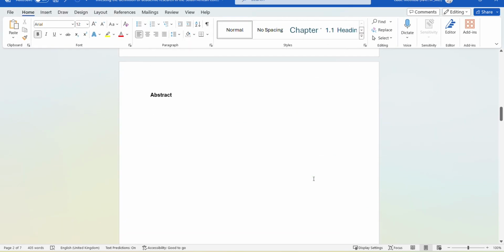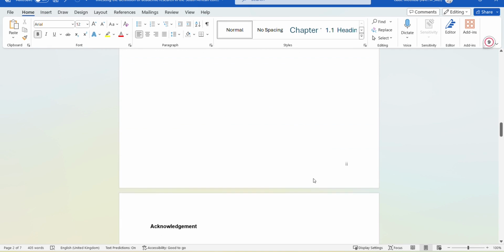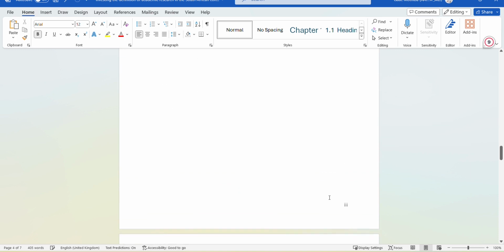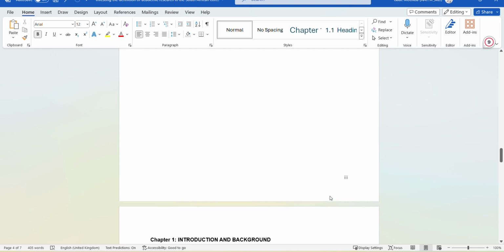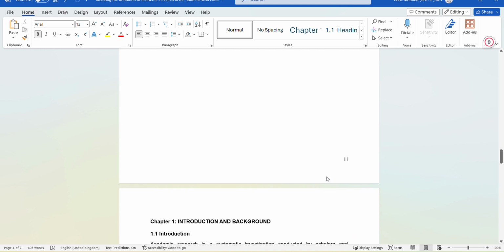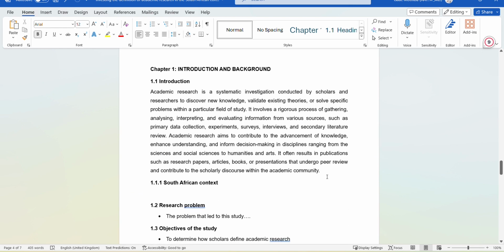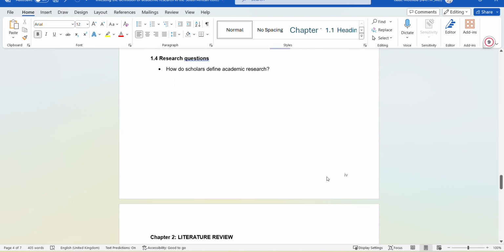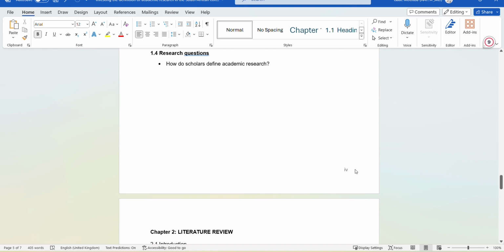Then we start in Roman figure I, which is 1, right? And then it's going to affect from here to acknowledgements. Then it's also going to affect this page. But we need only Roman figures to be up to this stage. So from this chapter 1, this should be our page 1, not Roman figure 4. Then we need to do the same thing and break the pages,